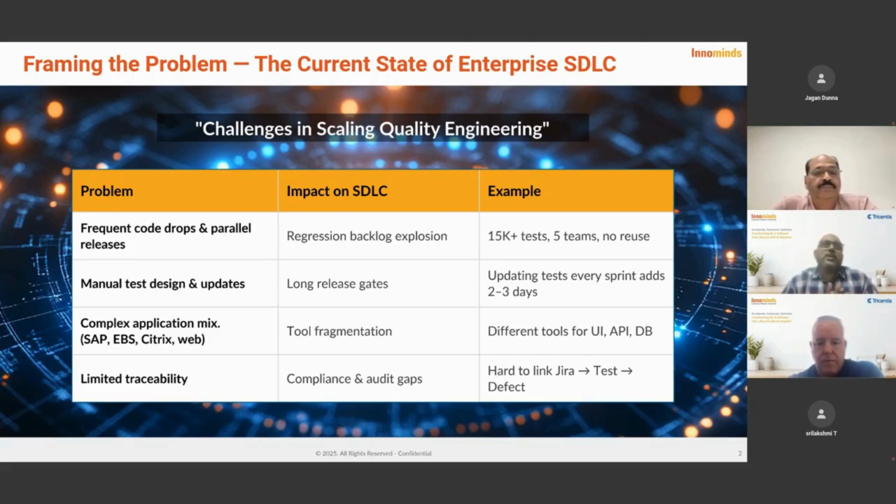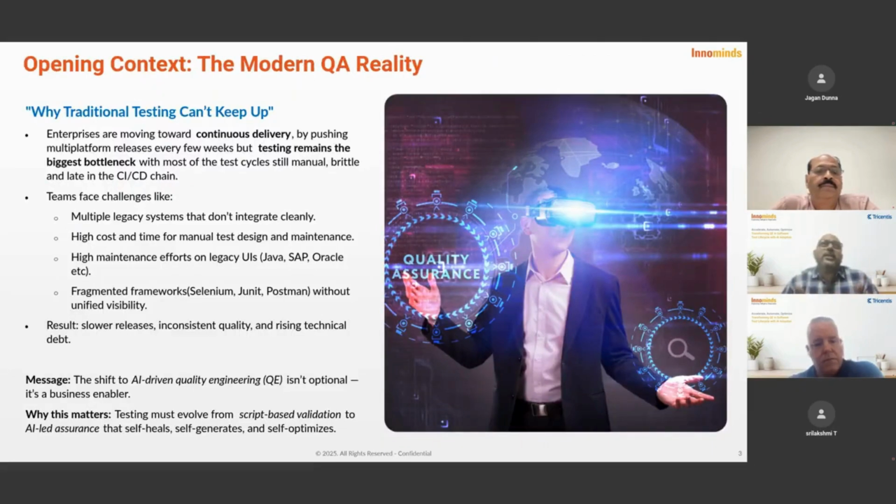On top of that, we have a wide variety of frameworks for doing your UI automation, API, and end-to-end automation without unified visibility. So these are the typical problems that the industry faces, and how do we address them, and why traditional testing can't keep up or scale up to the demands posed by the challenges that we discussed just now.